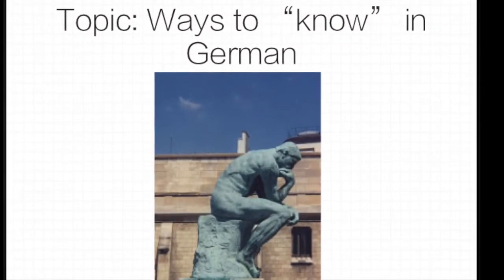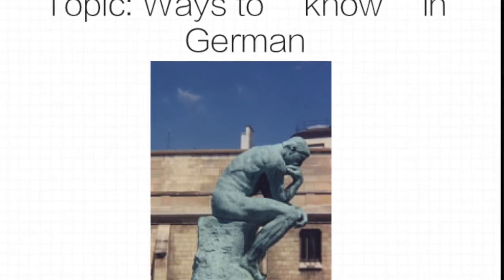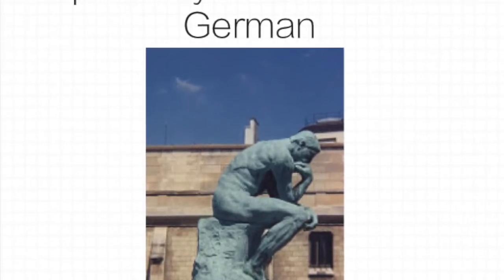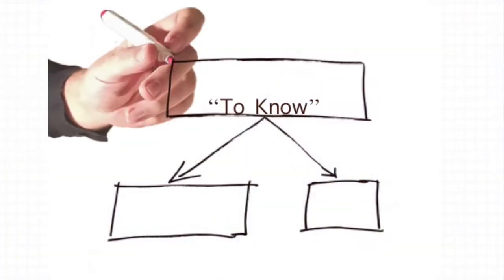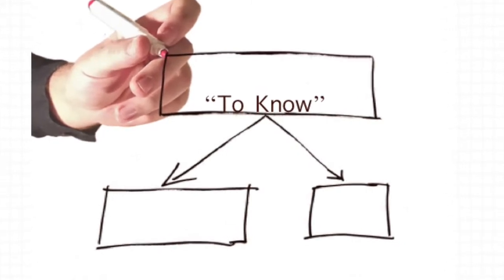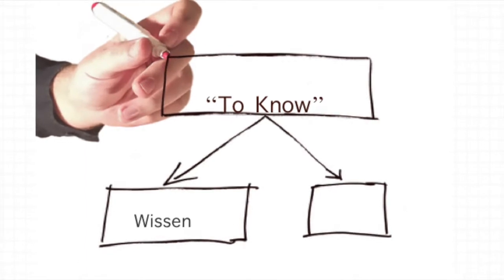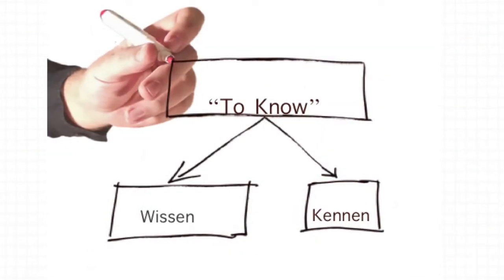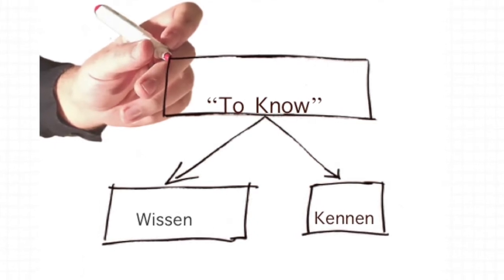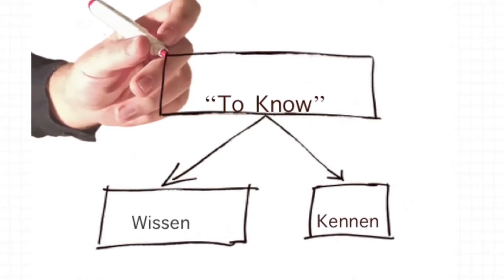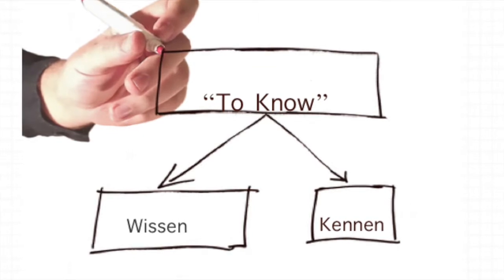Today we will be discussing the distinction between the two verbs in German that mean to know, kennen and wissen. While in English we use one word, German distinguishes between types of knowledge. Most books describe wissen as meaning to know as a fact and kennen as meaning to be familiar with. Many students find this distinction unclear and see overlap between when each use is appropriate.